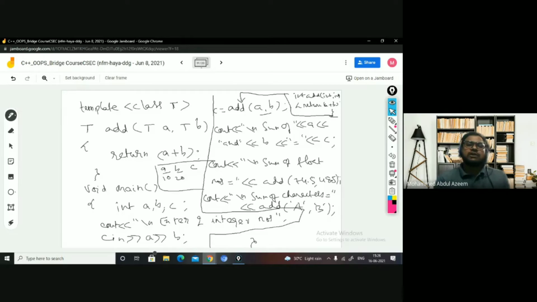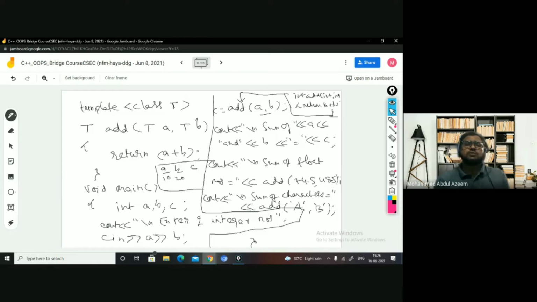See, when you are saying T is a generic kind, the computer does not know what the data type of that T could be until the execution. Then it does not know how much memory it requires, right? So it means for function template, memory will not be created. Got it?